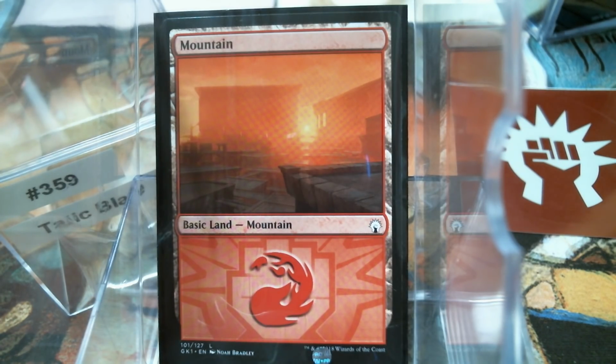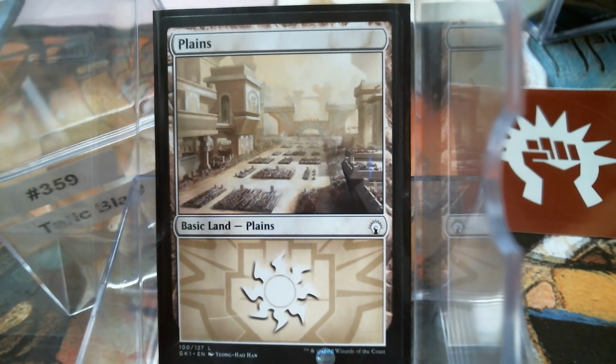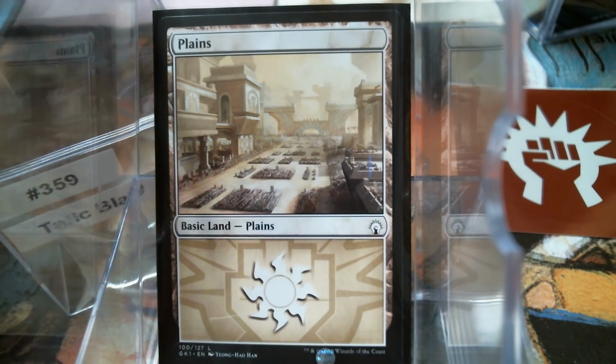Anyway, that's the mountain and that is the plains. Those things are absolutely gorgeous. Of course, they're doing it for each guild, but I almost got enough Boros basics to do the whole deck here, but I didn't. Anyway, Tajic, the original Tajic, y'all have seen the new Tajic that I did, and